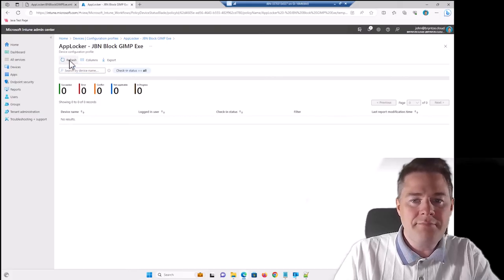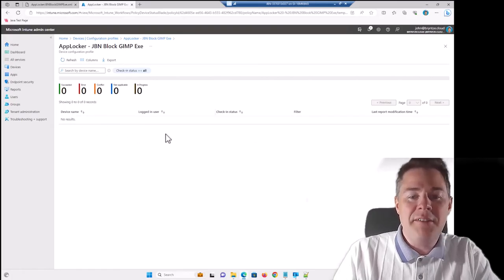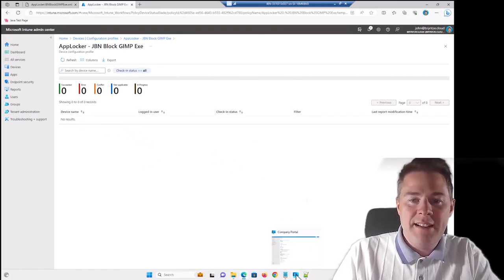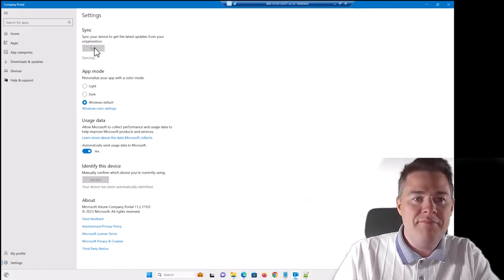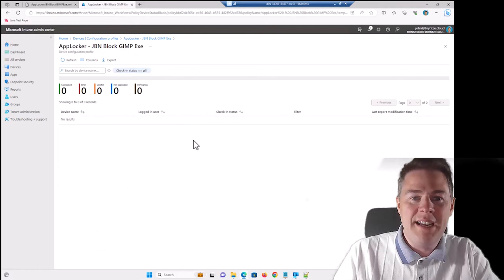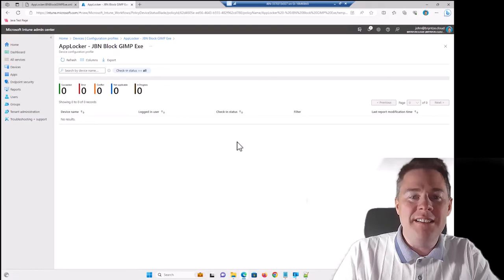Refresh. The bar there was red, even though everything was 0. It's reporting back. I'll just do a little sync, just in case it's in a log file that has to go back. So while we're waiting on that, we're gonna see it. I'm not gonna end the video until we see this showing up as a success here. But before that, we can do a little